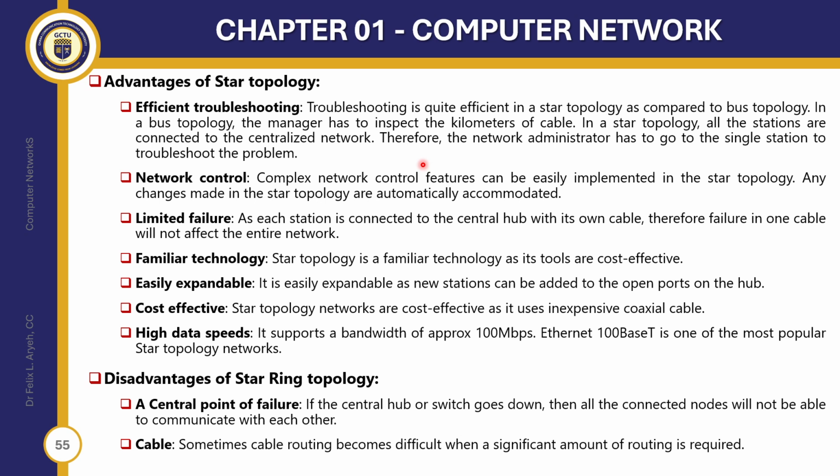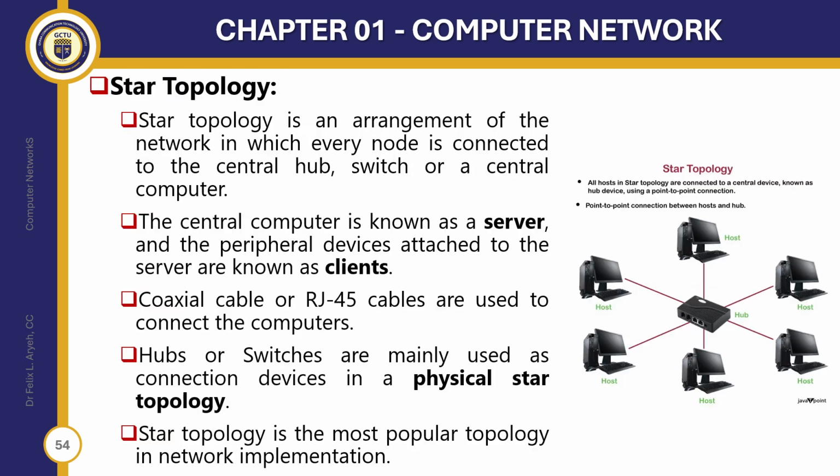You just have to possibly check the cable that connects to that particular node. If this one has a problem, we just have to check the node, and that would let us know that indeed maybe the cable is the one that is faulty and making it not accessible